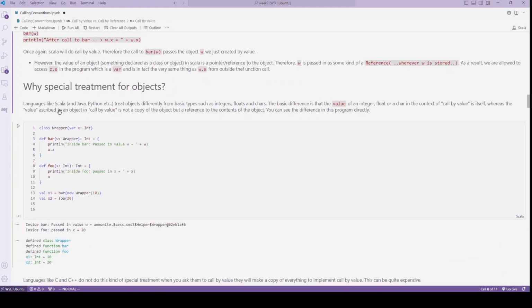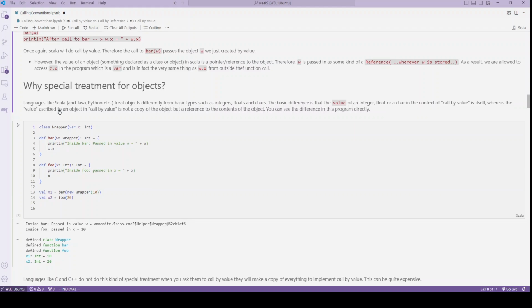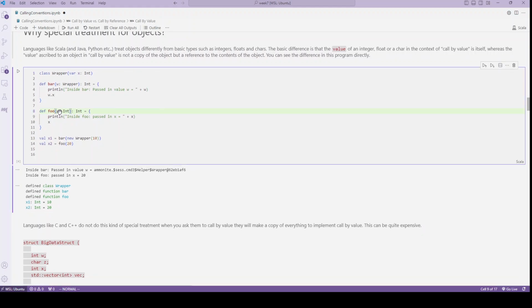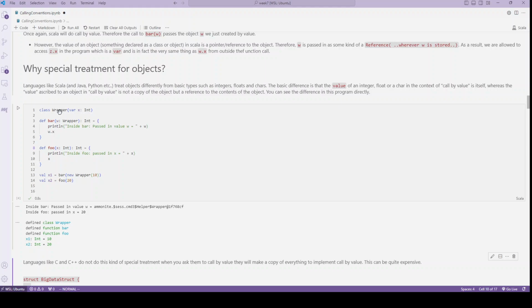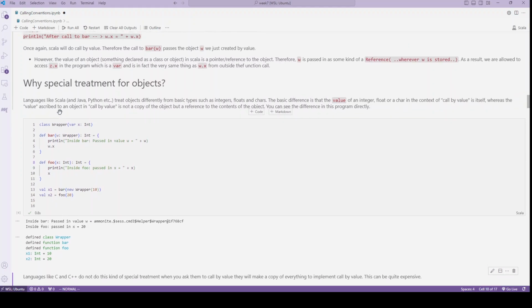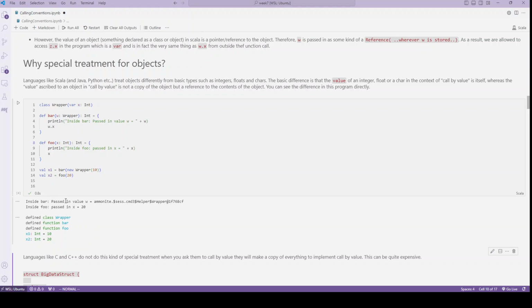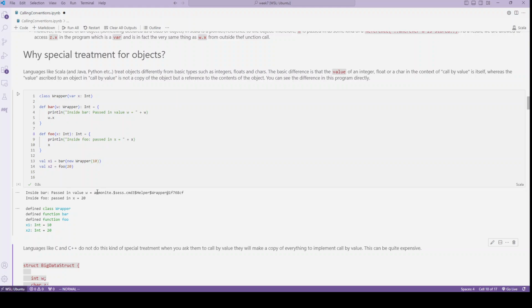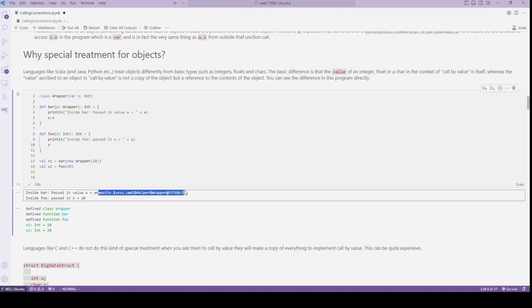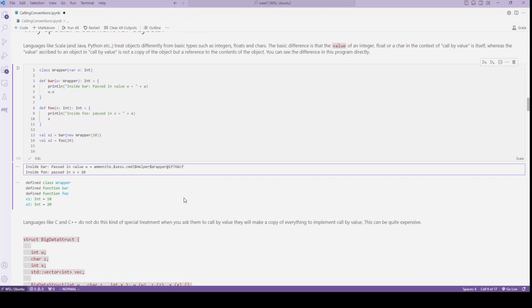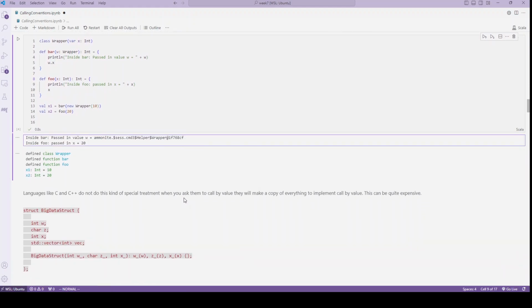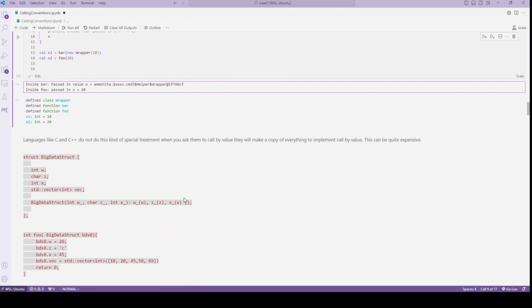So this is essentially what's going on with the wrapper example. So yeah, why does this happen? In Scala, it makes sense because we can even see here, inside bar, pass the value w equals this Ammonite session helper wrapper, and this is a memory location. So the idea here is just anytime we have a class in Scala, it really sees it as a location, as a pointer to a memory location. And this doesn't quite happen when you do things like in C or C++. So here's an example in C,